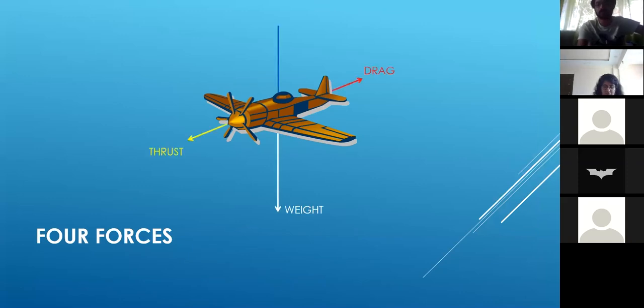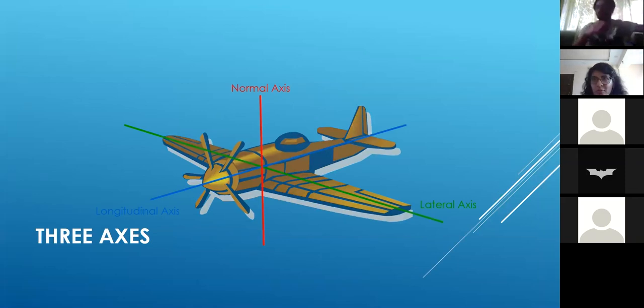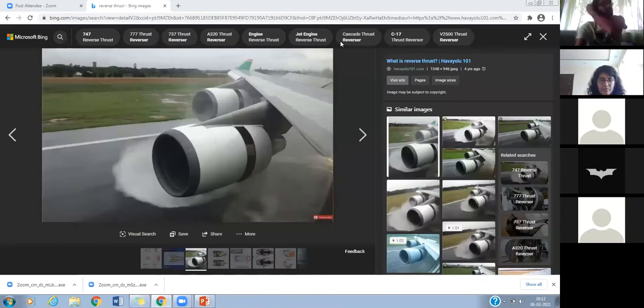So for reverse thrust generation, there must be a separate piece put on the plane, right? Like the engine is placed in a way to deliver thrust in a certain direction. Yeah, for reverse thrust there would be a separate component placed on the plane. I'm going to have to go out of the slide to show this to you. One second. Can you guys see this on my screen?